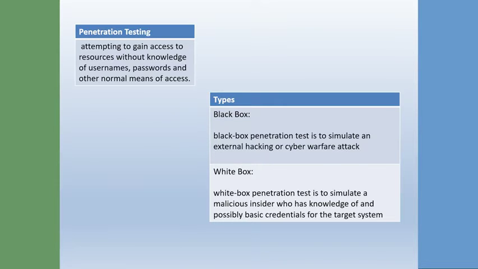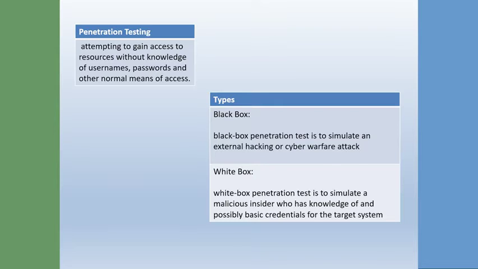You have two types. You have black box, and the idea of that is to simulate an external hacking attack against your network. So the person carrying out that attack has no knowledge of your network. Okay, they are simulating an external attack by someone who is unfamiliar with the network, whereas white box penetration testing